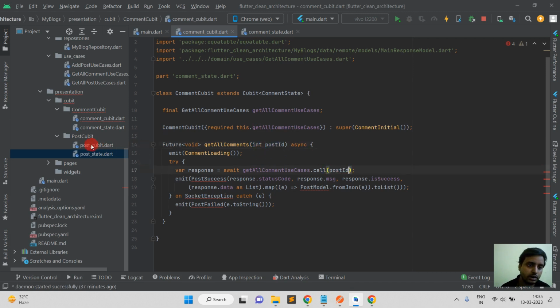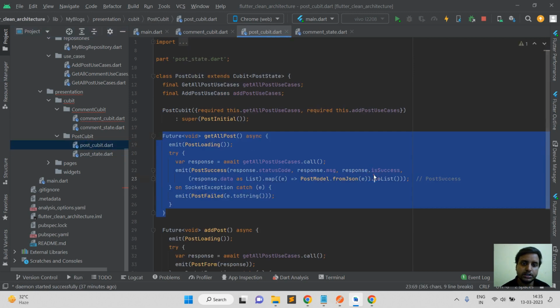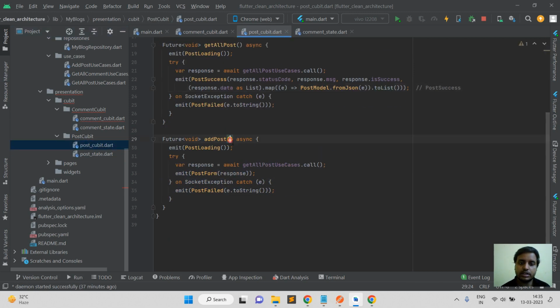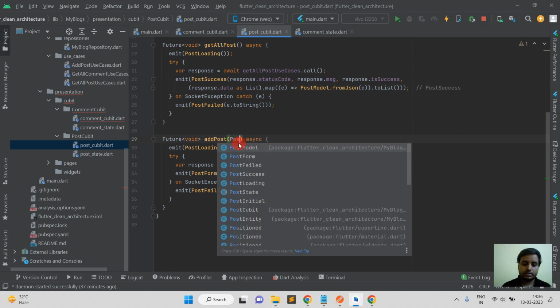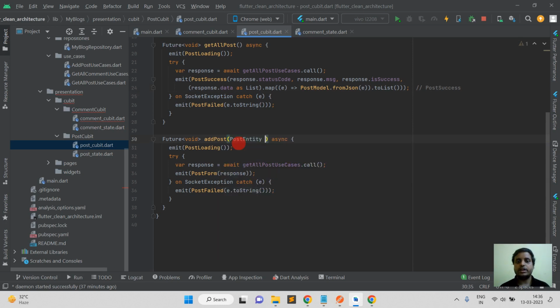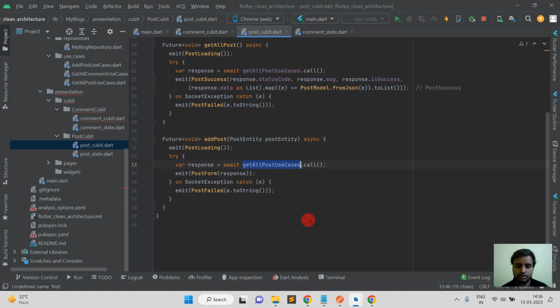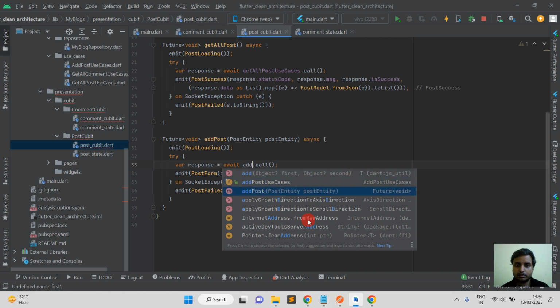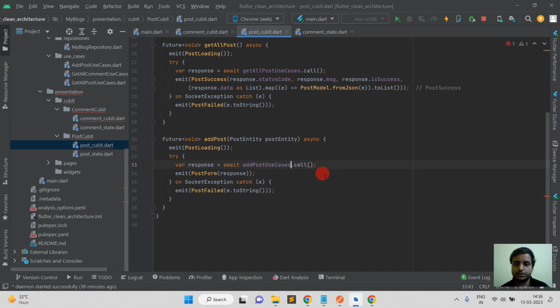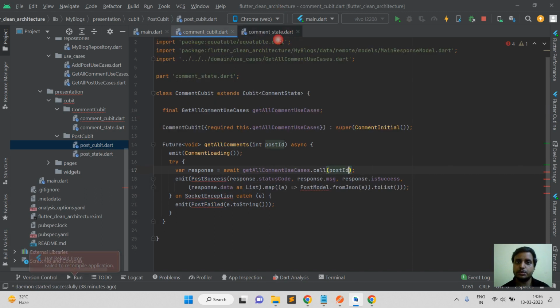One thing I have forgot in the post cubit, inside add post we will get the data. Okay, so here we need to pass another use case, so add post use case here, then we will have to pass the data here. Okay, so just close this post cubit class here, and here